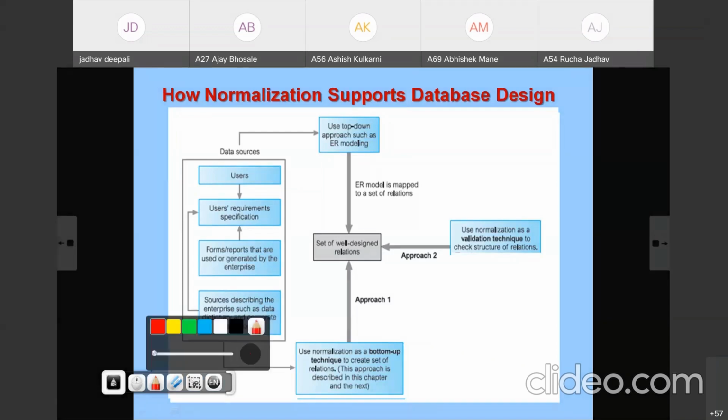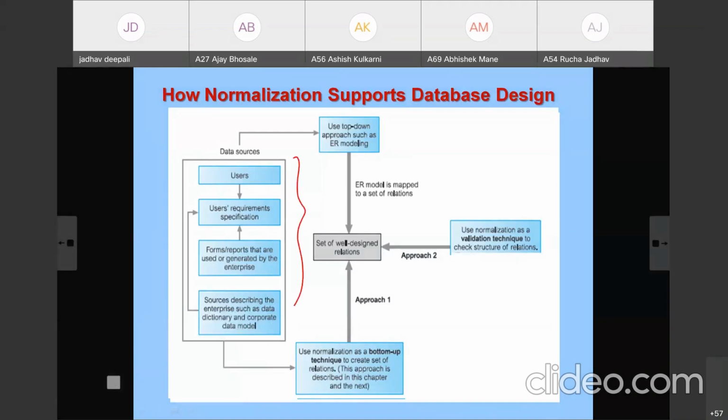I'm going to show you. This is the part of data requirement. Suppose for a simple small bank corporation, you are going to generate a database. So you need to find the data required there.